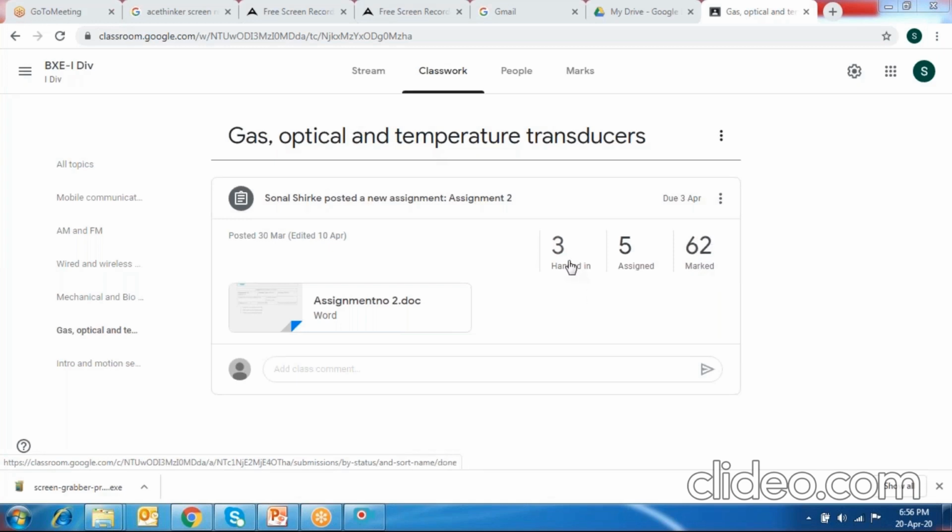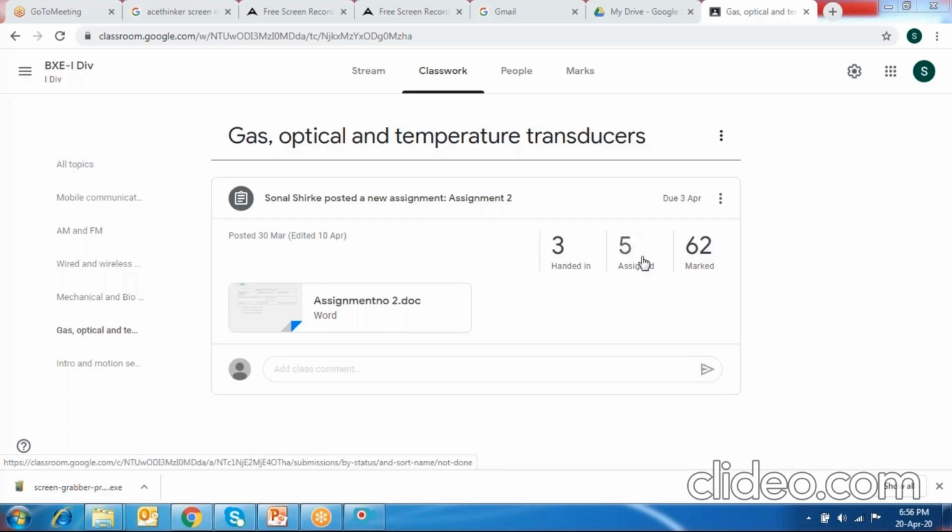So in all, if you add up 62, 5 and 3, I had assigned it to 70 students, out of which, under Assigned, you have a figure of 5, which means except 5, all the other students had submitted the assignments.